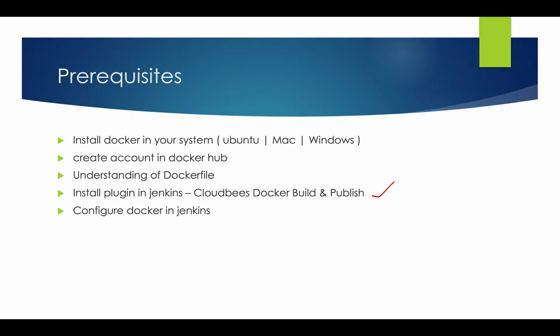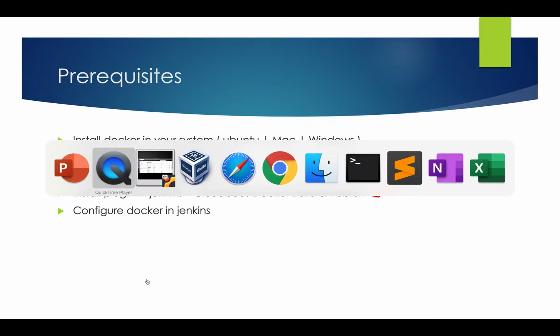If you want to automate these three things, we use the Dockerfile. And if you want to automate this Dockerfile through Jenkins, you need to do a few configurations in your Jenkins job. Okay, so now we need to install the cloud-based Docker Build and Publish plugin. I need to install it, then I need to create the job. It is a very easy task. If you do the starting 3 steps, the last 2 steps are very easy. Creating the job, now you are expert.